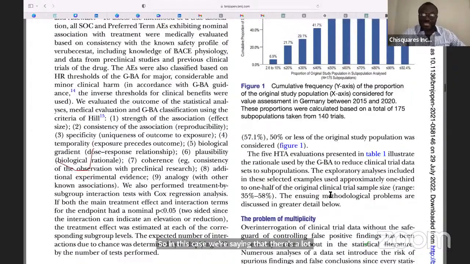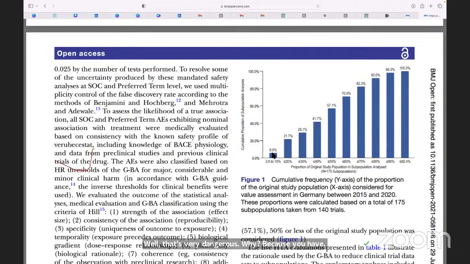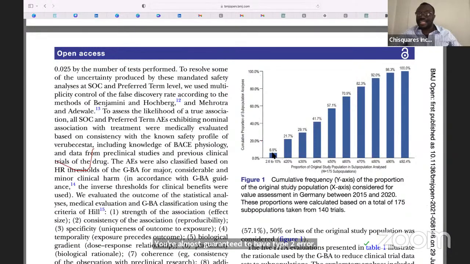So if you look at this table, for example, this is showing you some of the exploratory analysis, right? You have as small as 6.9% of the original sample size used. So imagine this, the original sample size was calculated as 100 people that was needed. And here you come and say, oh, we have 6.9 or 7 people we're going to use for this subgroup analysis. Well, that's very dangerous. Why? Because you are almost guaranteed to have type 2 error, which is that you are unable to detect differences. Not that the differences don't exist, but because the sample size is way too small.